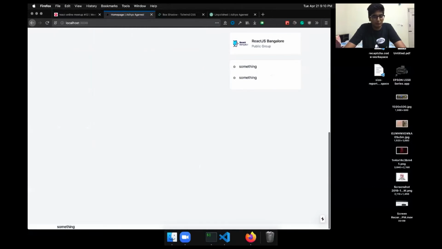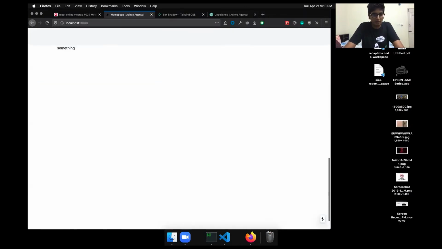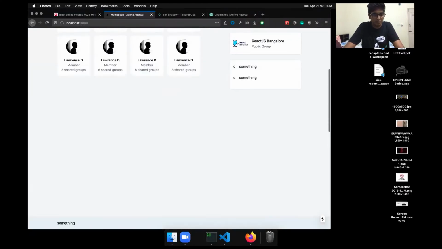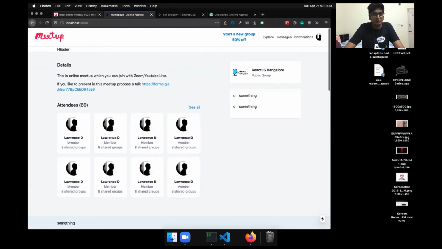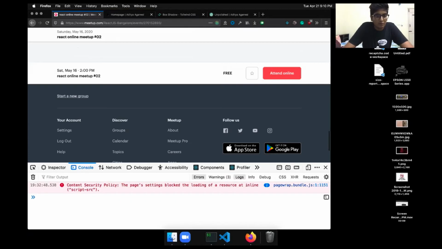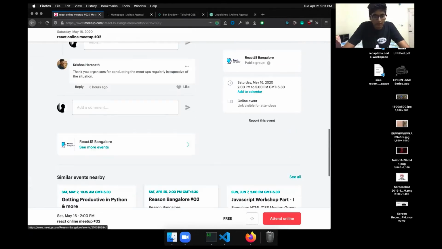Okay, so when we do this, then let's make this of height. Okay, we have the sticky here, and height 64. Actually, let's make it screen. So we have px32, let's do py4, and bg gray 200. Okay, so let's see how it happens. So we have this. Yeah, looks nice. So we are getting the effect we want. Let's take the color they have. Actually, no. We'll design this main footer if we get time. That is not super important. Let's just design this footer.